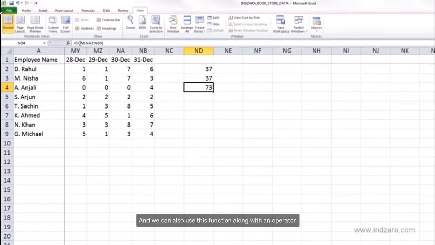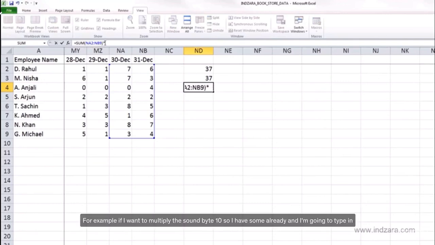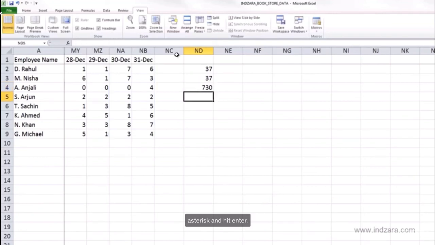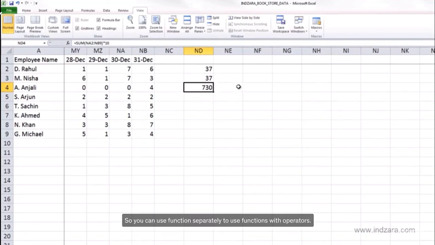And we can also use this function along with an operator. For example, if I want to multiply the sum by 10, I have SUM already, and I'm going to type in asterisk 10 and hit enter. Now this is 73 times 10, 730. So you can use functions separately, you can use functions with operators, you can also type in numeric values if you need, or you can use